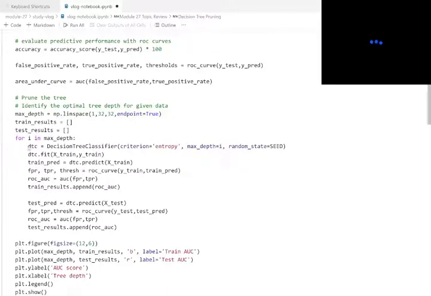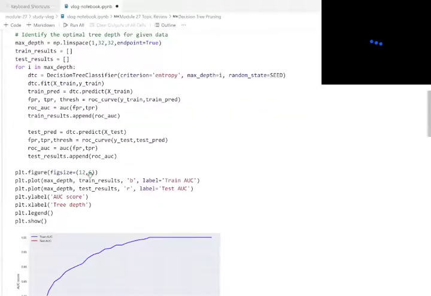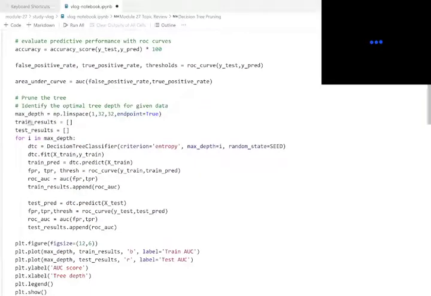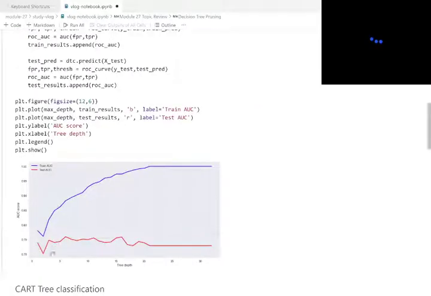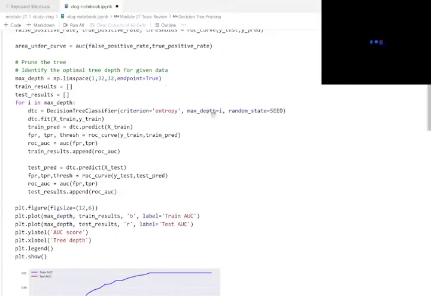So we're creating a for loop where we're instantiating the decision tree object, fitting the data to it, making predictions with it, calculating our ROC curve and our area under the curve, and we're appending that to the list for our training results. We're repeating the same process with our test sample and appending that to our test results. And then here we're plotting how train results and test results change as we change the max depth